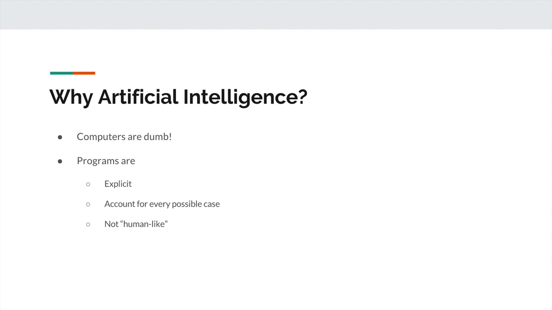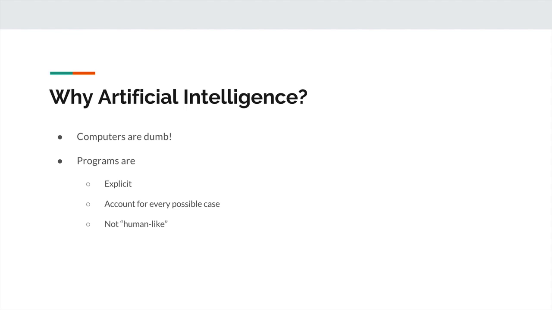So you have to account for all these cases when you're dealing with these programs. And again, this behavior isn't really human-like. Humans can deal with vagueness. They have so much more computing power mentally, and they're able to handle a lot of these cases. They don't have to think about every possible case in order to do a task, and they don't have to be given incredibly explicit instructions. It helps, sure, but humans can handle vagueness actually quite well.